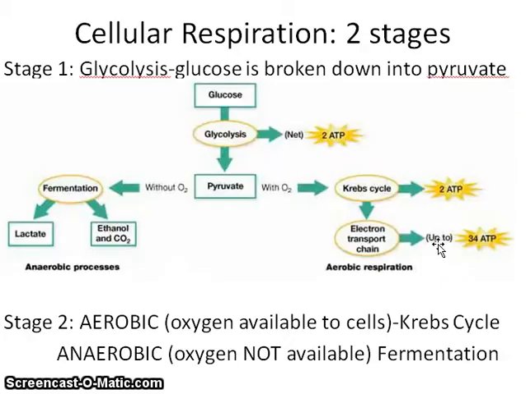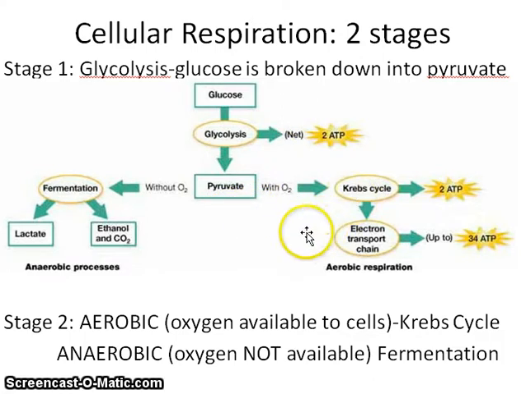Now, this flowchart outlines cellular respiration, and it basically goes down one road for one step, and then it splits. It's like a fork in the road. And so we have two options. With oxygen, we go down this road, and without oxygen present to cells, we go down this road. They're called aerobic respiration and anaerobic respiration. So this video is just going to outline glycolysis, and then I will stop at the Krebs cycle, where the